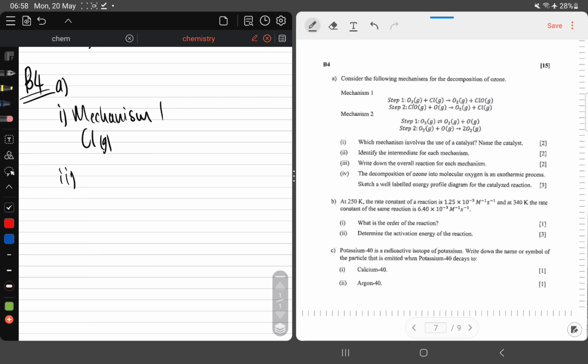Well, an intermediate is a product first. It's made and then used up. So it does not appear in the products. So it's going to be here, this ClO guy. So for mechanism 1 it is going to be ClO gas. Then mechanism 2,